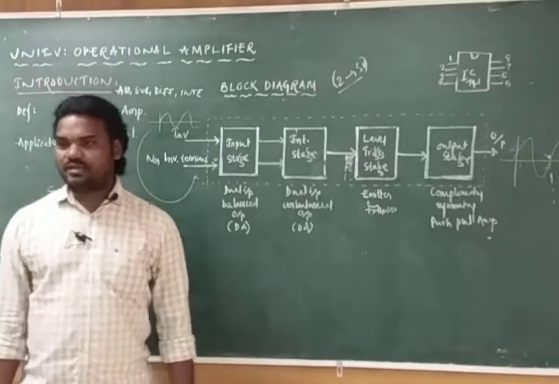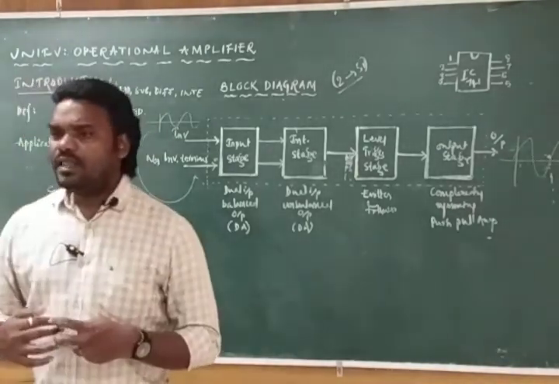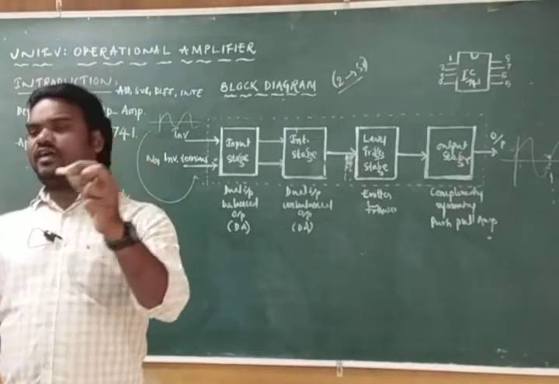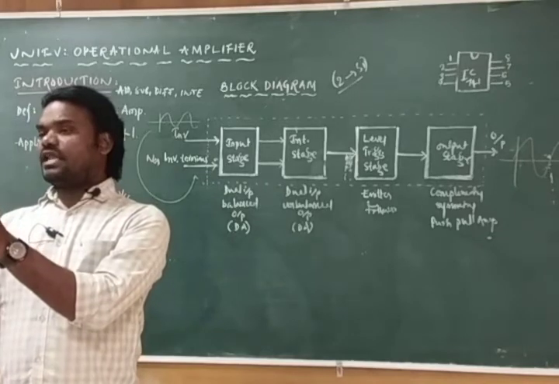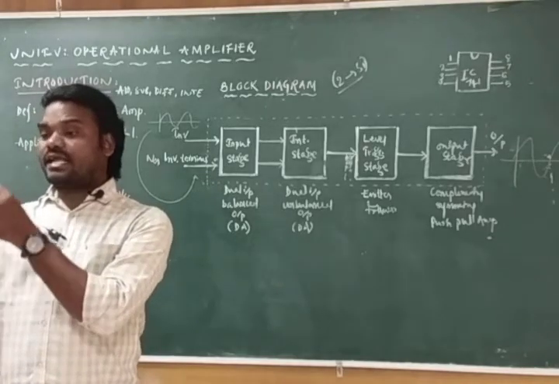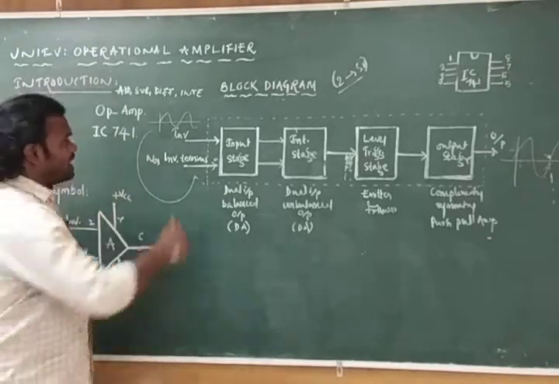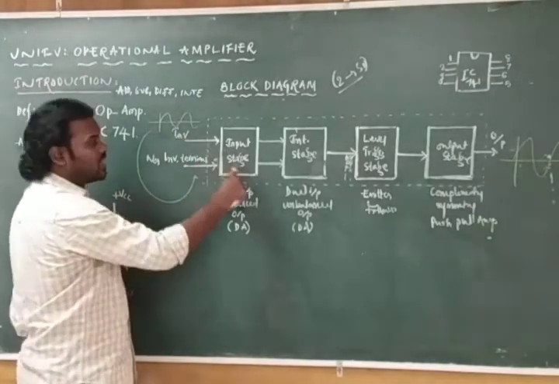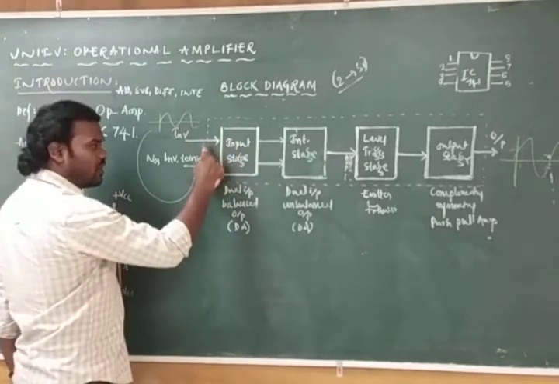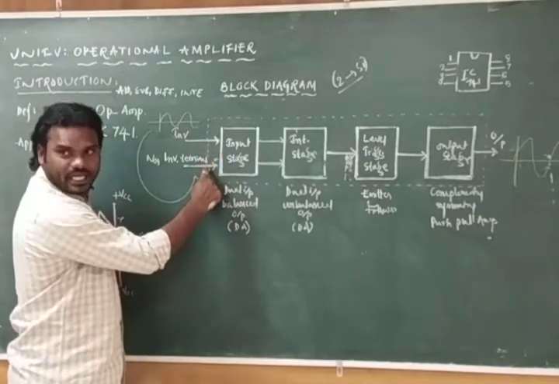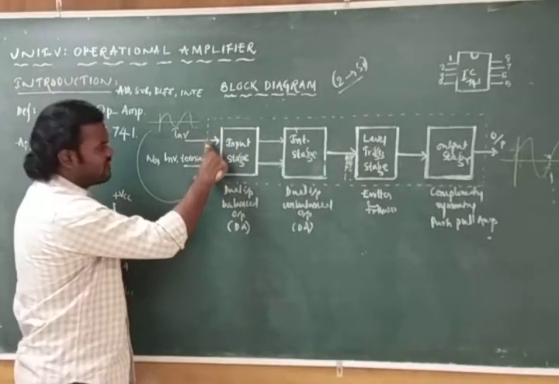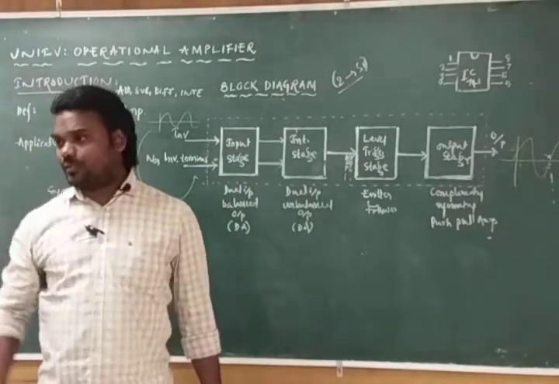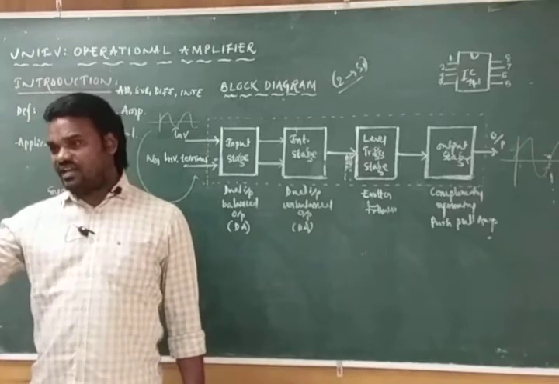Differential amplifier is nothing but, generally, an amplifier means one to which I am giving the input signal, so that this signal will be increased at the output side. But here we are giving two inputs at a time, so what it is going to do is find the difference between these two signals, and that difference will be amplified at the output side. I hope I am very clear.